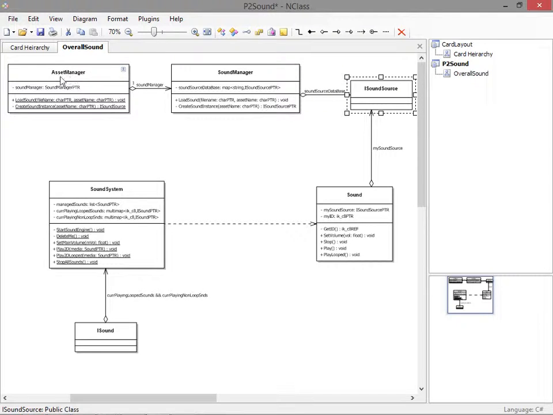So in my asset manager, I have a sound manager, and I have load sound, which just works like the other loading. Just give it a file name, and then the asset name, the assigned name you want for it. Create sound instance. That's the thing I was telling you about, where it gets this and kind of creates a copy of this sound source, and that's just so that you can have each sound being its own instance and not